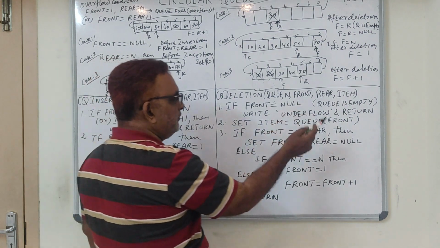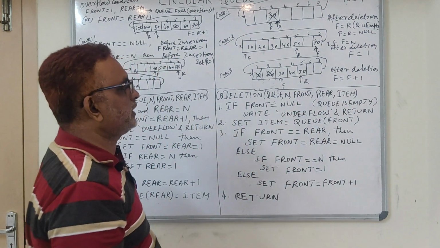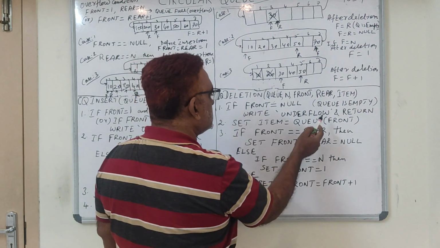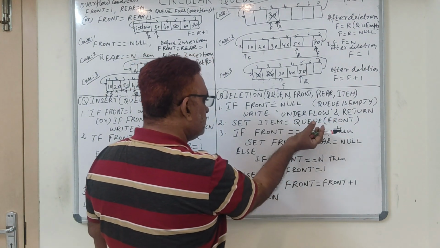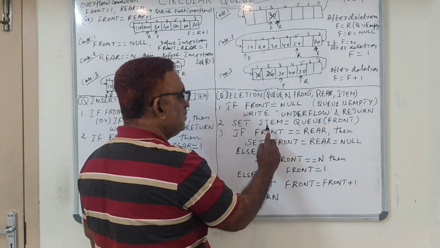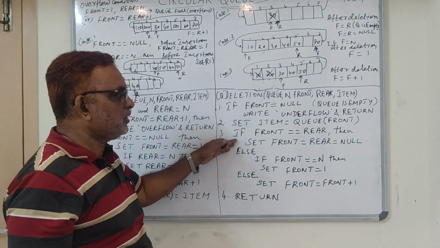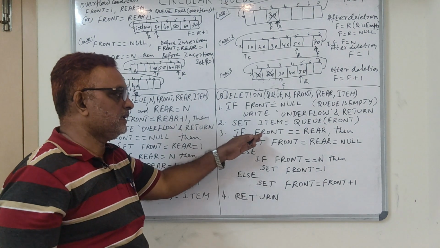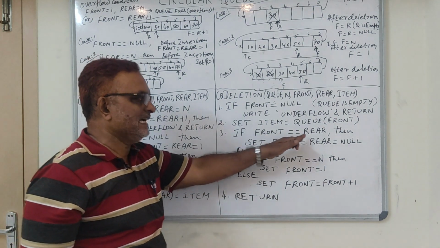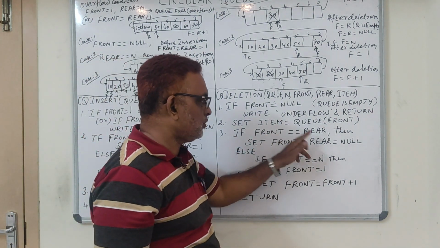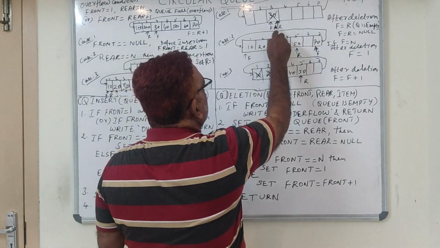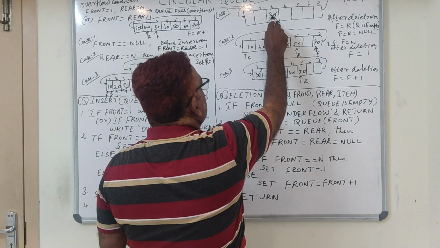Now we are going to delete an item. We are deleting the item, that is, take the item from the front of the Q and store it in the variable item. Following that, we have to check the condition whether front is equal to rear. If front is equal to rear, both point towards the same location,